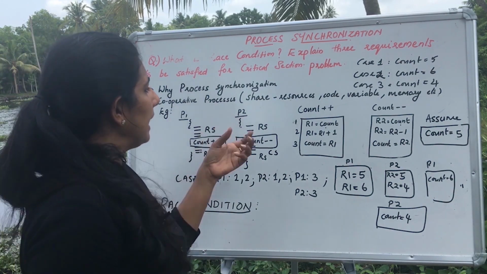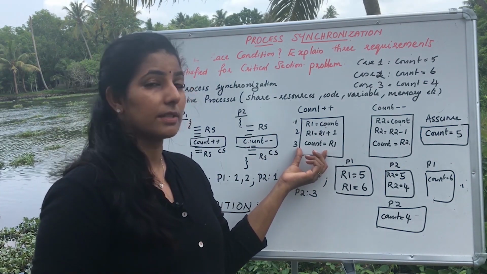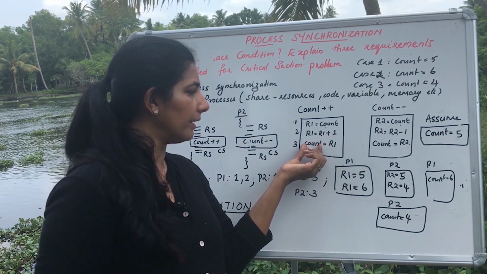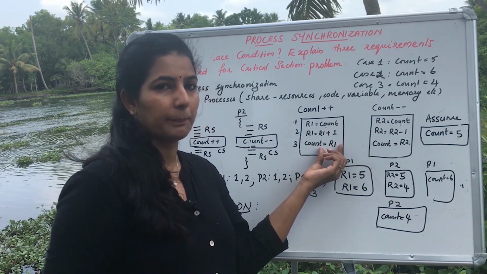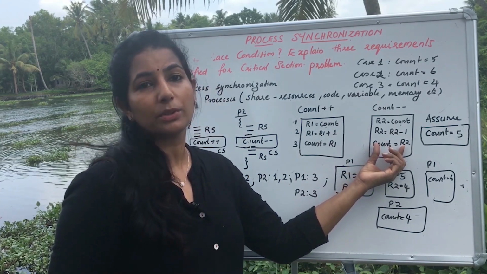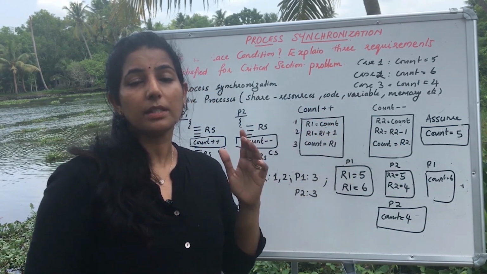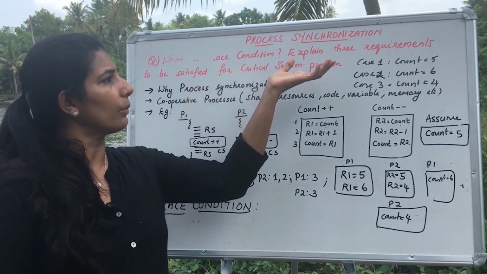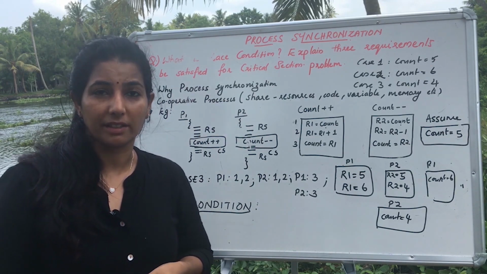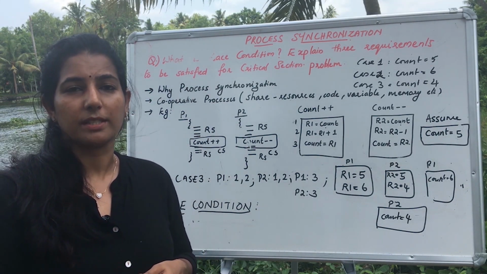For example, if process P1 is executing this particular code, that is the critical section code over here where we have a common variable count, P2 should not be allowed to enter. Or if P2 has entered the critical section, P1 should not be allowed to enter. So, this is nothing but the critical section, and we know that we have some requirements to satisfy for this critical section problem, which is usually asked in the university question.